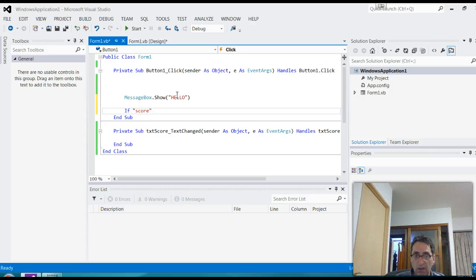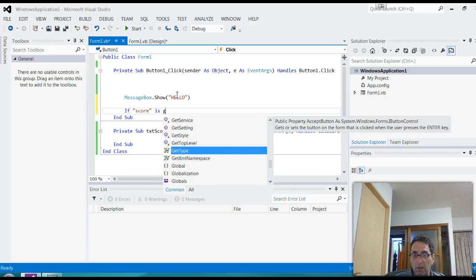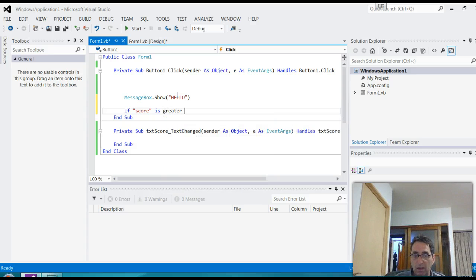The score, this is not Visual Basic. If the score is greater than before, then we want